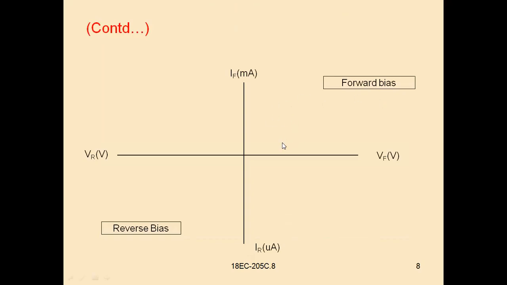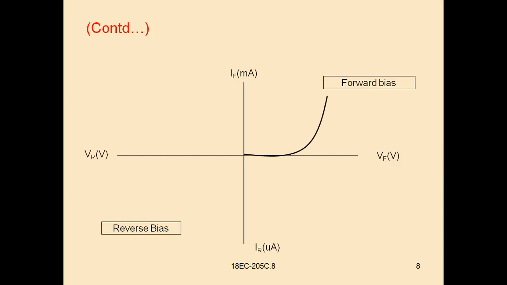So this indicates the forward bias. See here, how you are going to take the plot of forward and reverse bias condition for diode. On x-axis, we are going to take the voltage. On y-axis, we have to take the current, right? In forward bias region, this is the forward voltage and the forward current. Forward voltage is taken in volts and reverse voltage is also taken in volts, but the forward current is measured in milliamps, whereas the reverse current is measured in microamps.